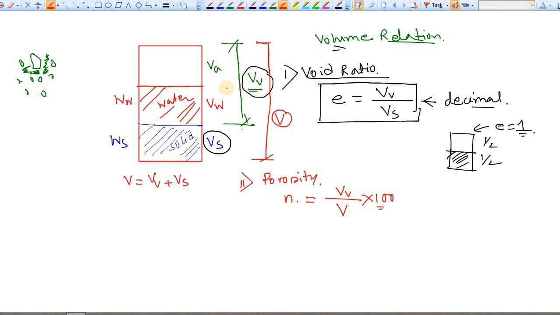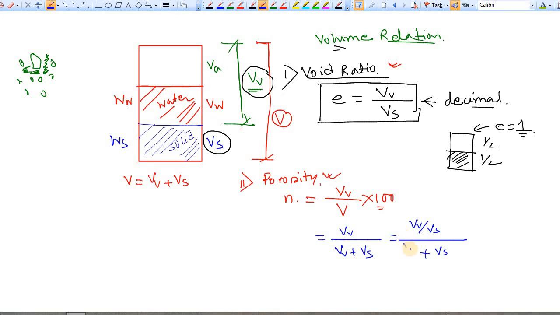Now obviously porosity as well as void ratio are both related to volume, so there will be some interrelation between void ratio and porosity. What is that? Let's find out. So n is volume of void by total volume. Total volume is volume of void plus volume of solid. Now divide top and bottom by Vs: Vv by Vs divided by 1 plus